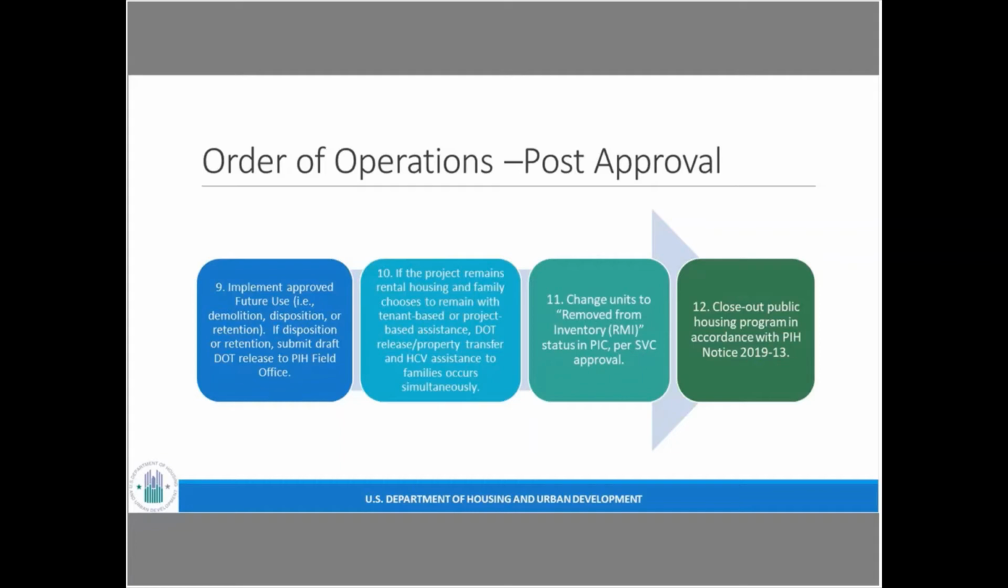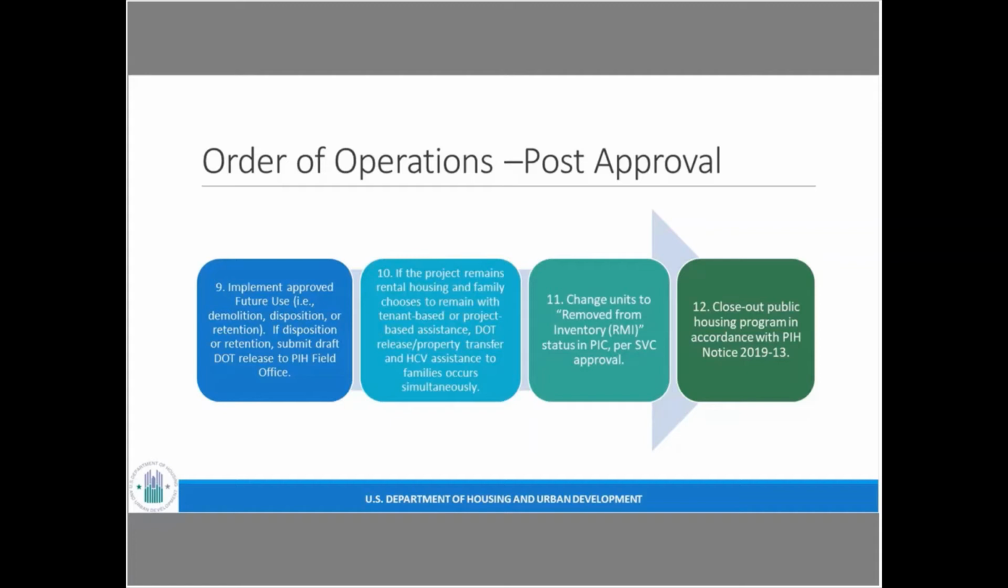Continuing after relocation is complete, or maybe in conjunction with the final relocation, if families are remaining in place, the Housing Authority will implement the final action of the future use, whether it's a demolition, a disposition, or a retention. If it is a disposition or retention, the Housing Authority will submit a draft DOT release to HUD, and if the families are staying in place with HCV assistance, HUD will release the DOT, and move the units into RMI status